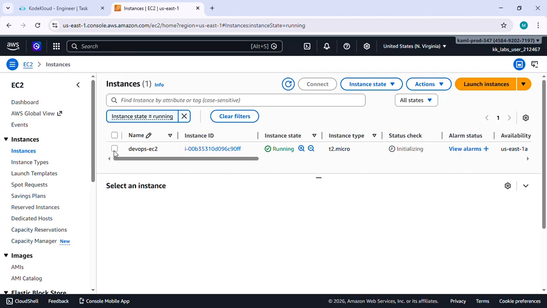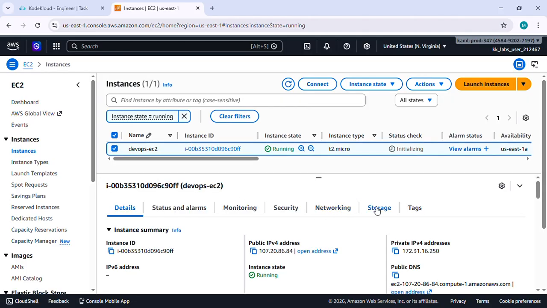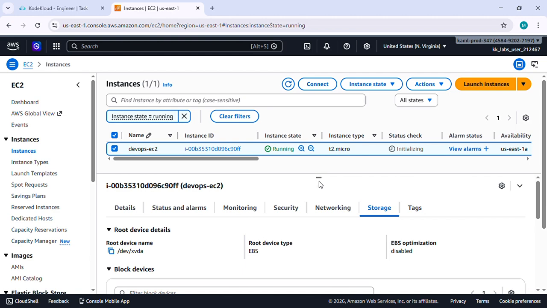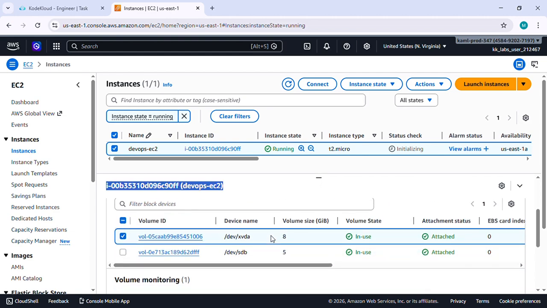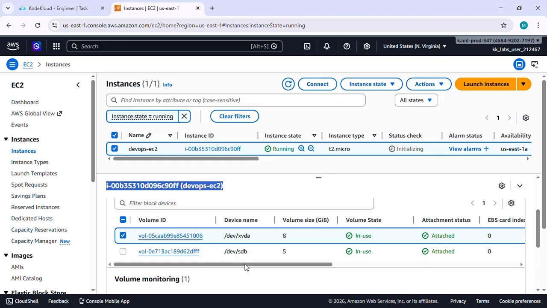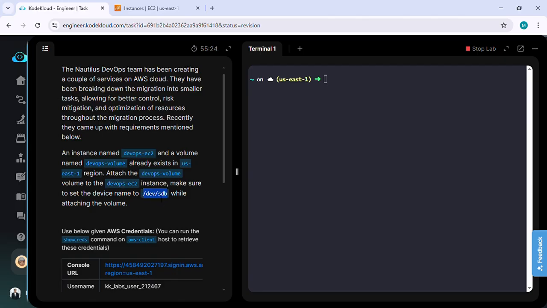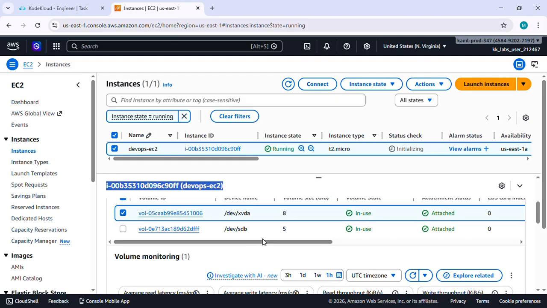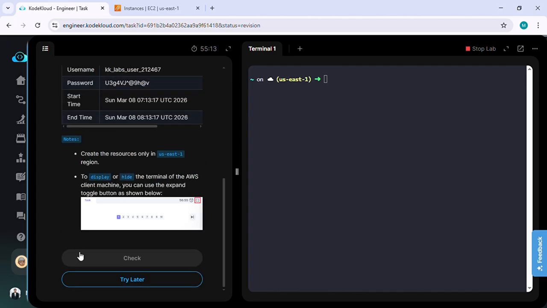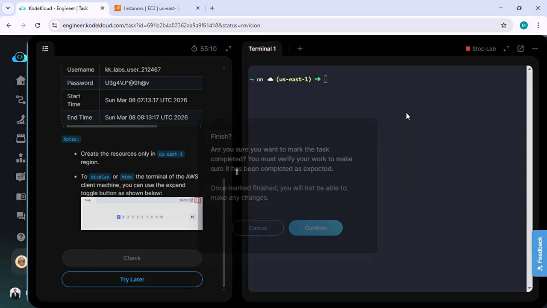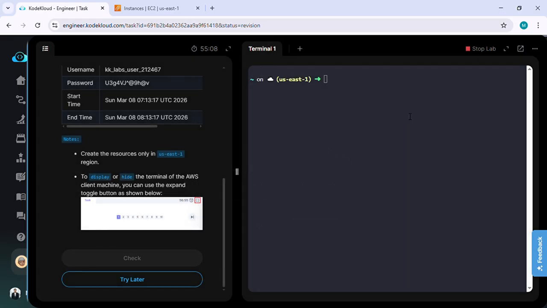Select instance, go to storage, and as we can see there are two volumes attached, and /dev/sdb which is the DevOps EC2 volume, and now it is attached. So let's verify. Yes,